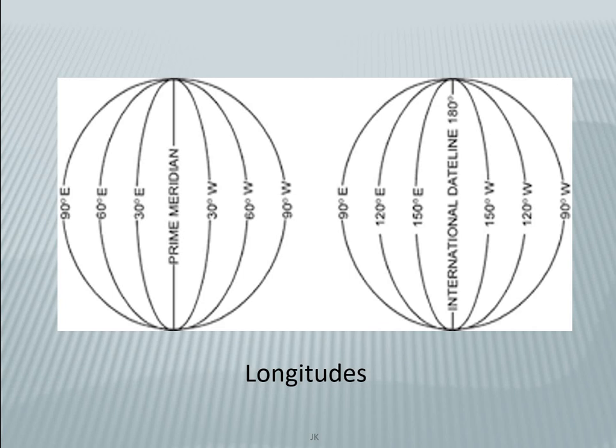So again, there are two important concepts in this chapter, which is how to locate a place on a globe. To locate a place on a globe, we need both longitudes as well as latitudes. So I'll tell you that in a separate video. And moreover, there is a concept of time, how to calculate time, what is standard time, what is local time. For that, I'll make a separate video. For now, I hope these concepts are clear up to now.